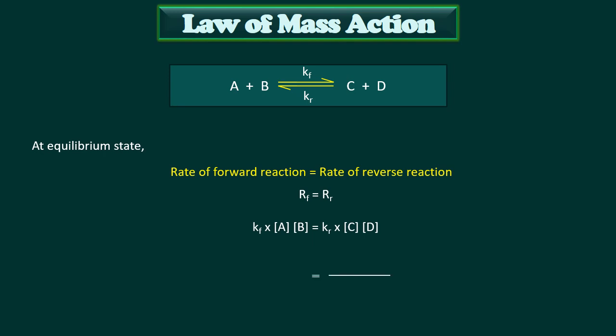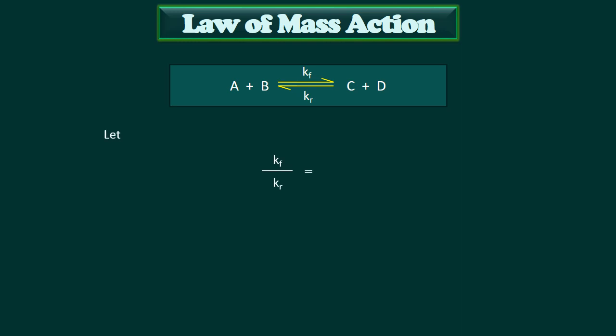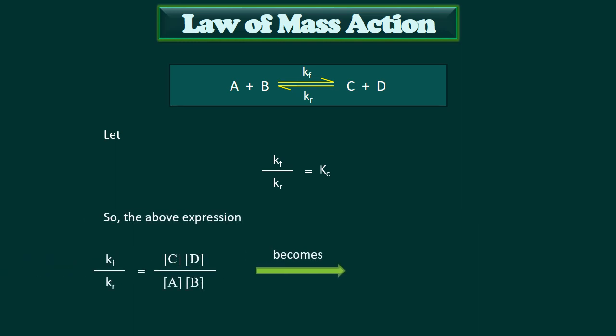Now, shifting the variables to the right-hand side and constants to the left-hand side, we get this expression. Since a constant divided by a constant gives another constant, we let this third constant be Kc. Therefore, the above expression becomes this,